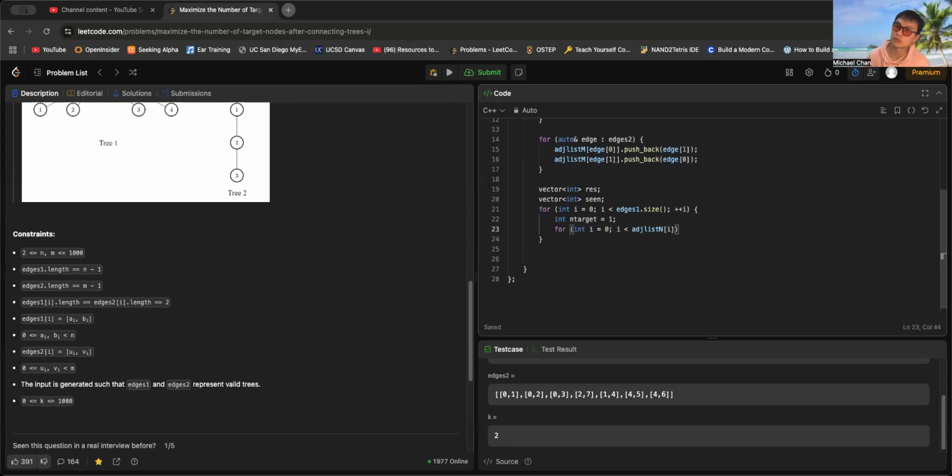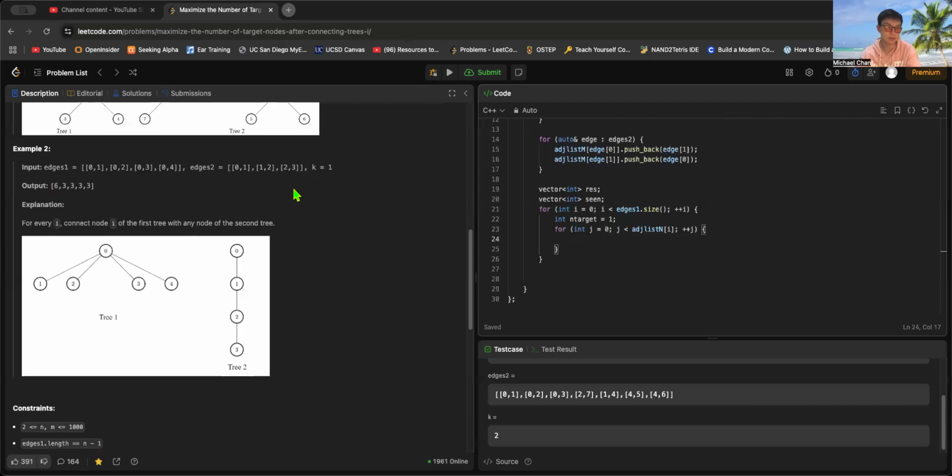I, which would be the amount of edges that zero has. J has to be smaller than I plus J. Right. So I'm iterating through its neighbors now. And then if it's neighbors,